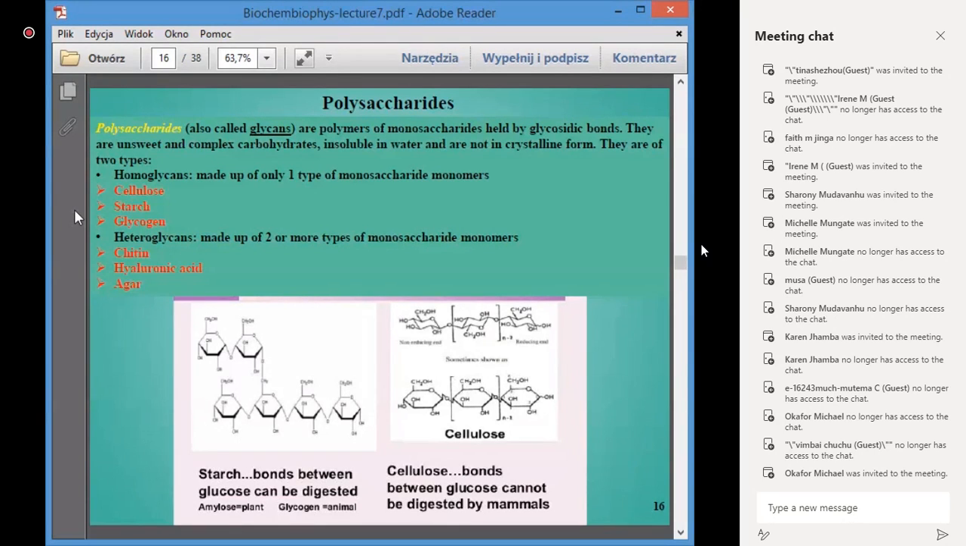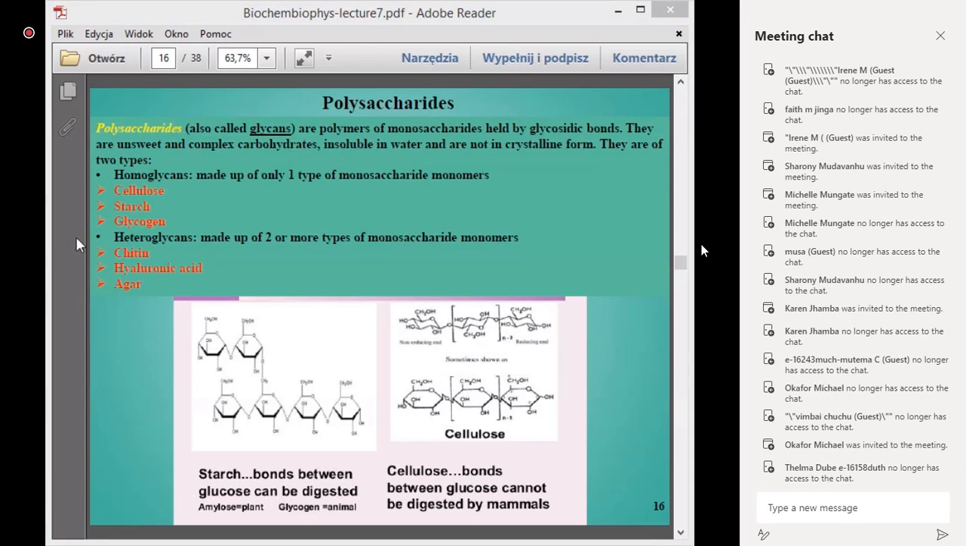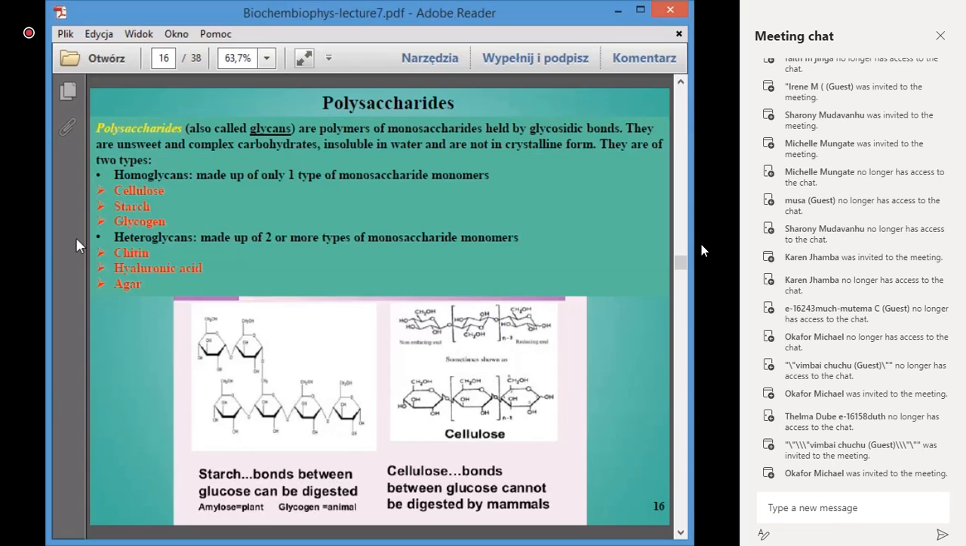And the second group, heteroglycans, they are made of two or more types of monosaccharide monomers. And examples of such heteroglycans are histine, hyaluronic acid, or agar. And as I told before, depending on the kind of bonding between these basic units,